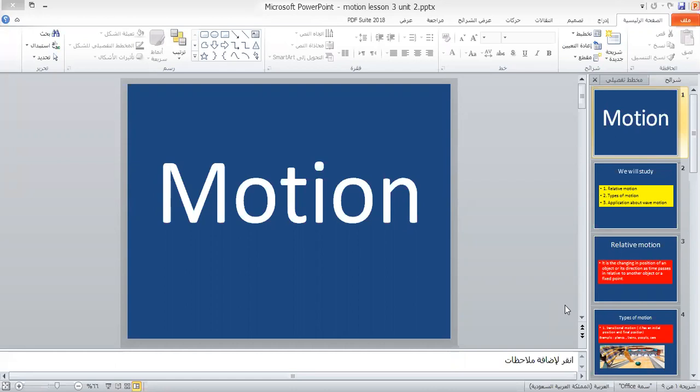This is about motion. This lesson is about motion. As you know, we'll continue our second term, science second term. Inshallah, I think grade 7B has finished the motion, and we record this for 7A, and also we will send it for 7B. Okay. We said before, motion: when any object moves from place to place,